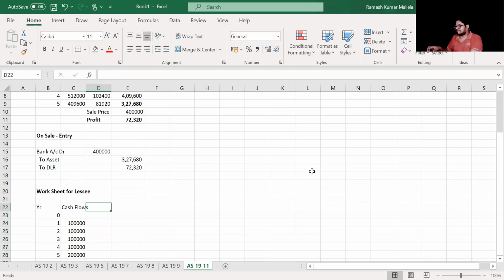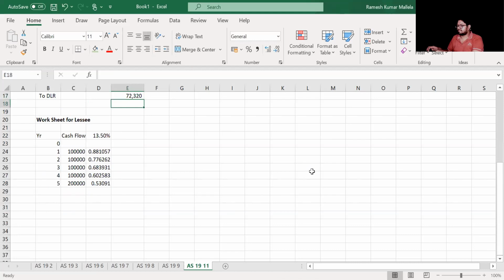Okay. And I'll take the discount factor at 13.5%. So it is equal to 1 divided by 1.135. You get something. That divided by 1.135, you get something. Okay. So for all years, the discounted cash flows would be this into this. Clear? So let us see what the present value is. The present value has come to 4,565,000. 4,565,000 is the present value.